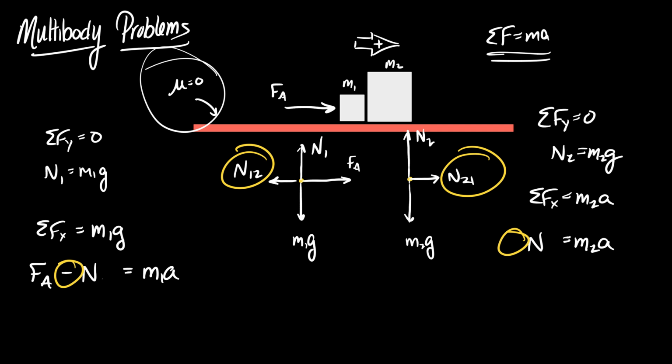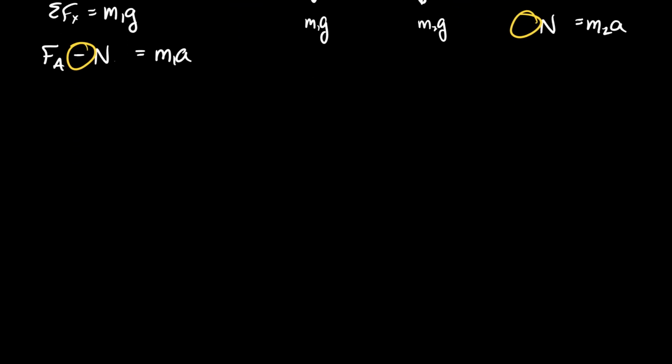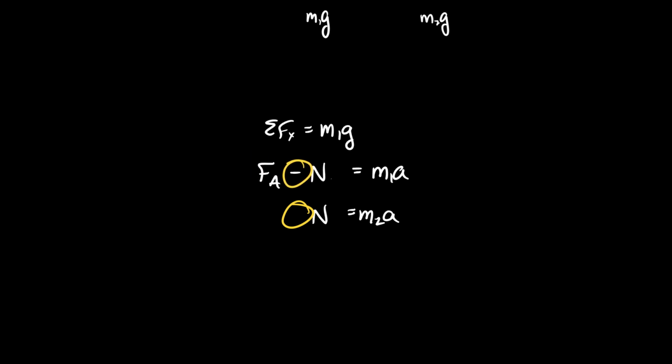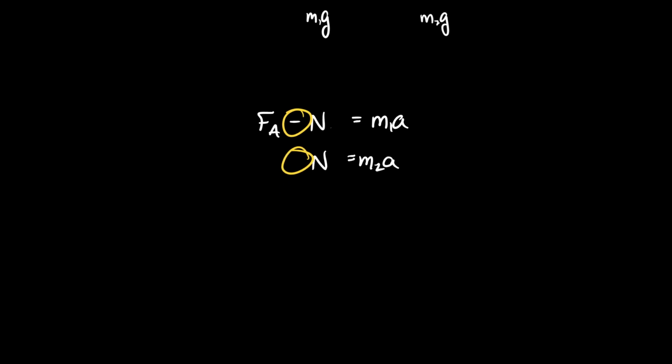Now here's the only difference in dealing with a multi-body problem versus a single body problem. When you make it to here, you are generating relationships that basically deal with both objects at once. They are, in effect, simultaneous. So this is a set of forces that act on box 1, and this is a set of forces that acts on box 2. I'm not particularly interested in the y direction because there's no friction, and those canceled out to be 0. These are the forces that deal with the motion of the system.